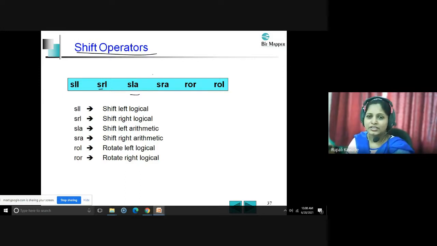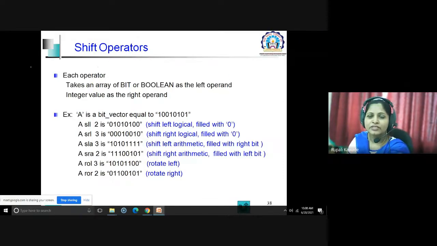Okay, we will see what it is. ROR is rotate right and rotate left. So rotating means simply shifting the bits from LSB to MSB, again from MSB towards the LSB. But in shift left and shift right, there is a concern regarding what value will get replaced either at the MSB position or the LSB position. Okay, so we will see one of the examples of these shift operators here.